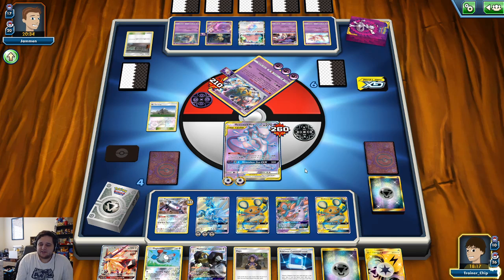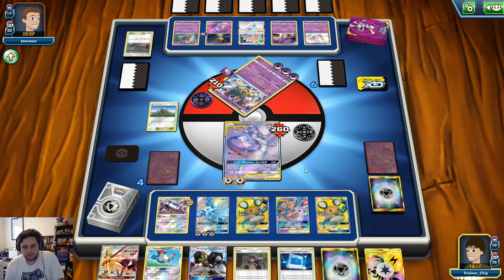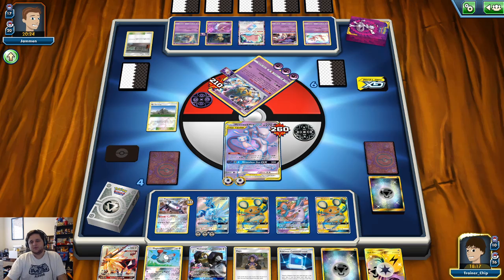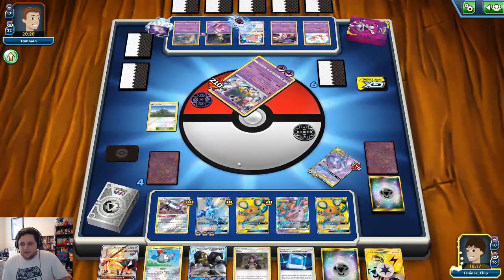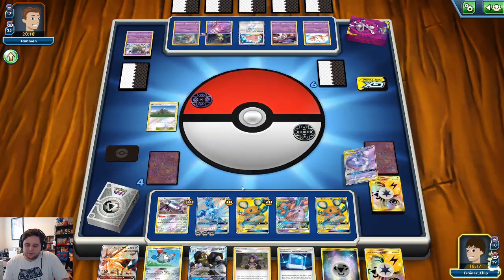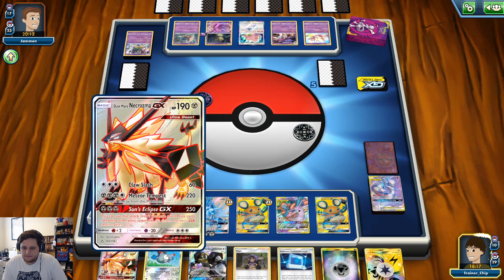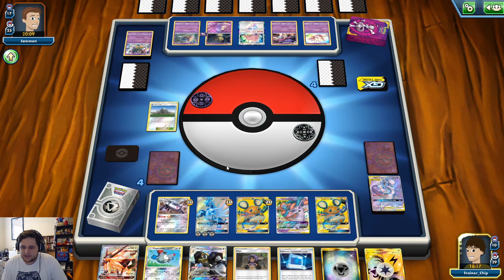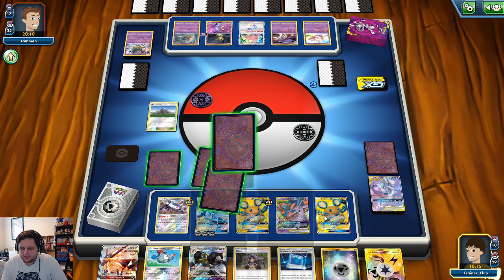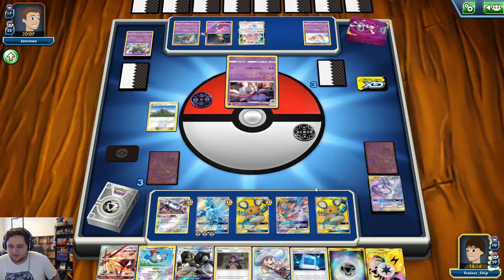And I think we just have to send up Dedenne. So we're at 3 prizes. Yeah, he's going to knock this out. He's going to go down to 3. We're tied on prizes, so we have to send up Dedenne. Then we have to retreat into Dusk Mane. Oh, that's actually not correct. I'm pretty sure I'm supposed to promote before I see my prize, but...